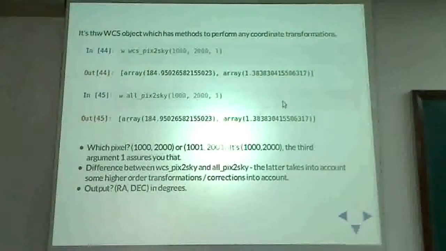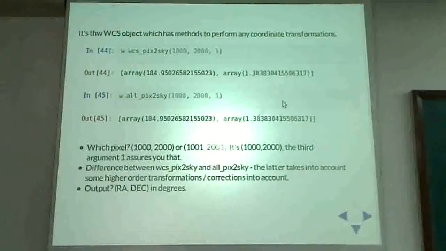Now, to represent the coordinate system in an image, I need to tell you a pixel, I need to tell you what the RA and Dec are at that pixel, and I need to tell you how, let's say 10 pixels away in a specific direction, the RA and Dec will change. To the first order, you can use a linear equation to transform a reference pixel coordinate into a nearby pixel's coordinate. So when you say wcs_pix2world, only that first order transformation is used.